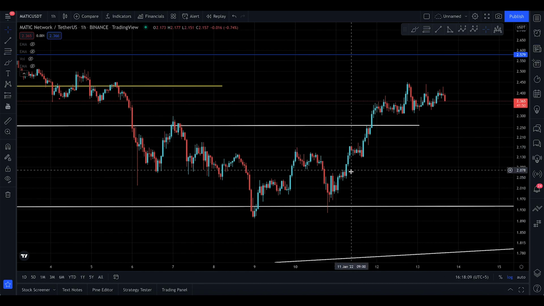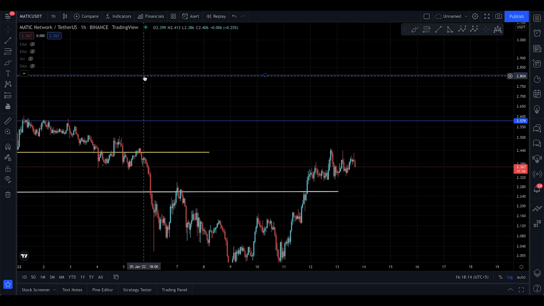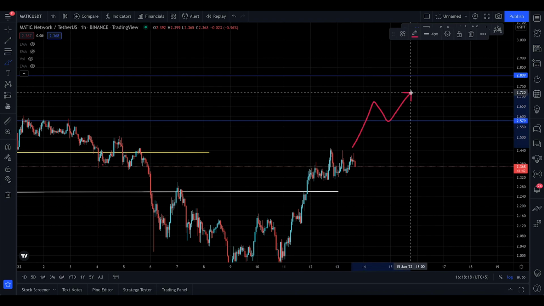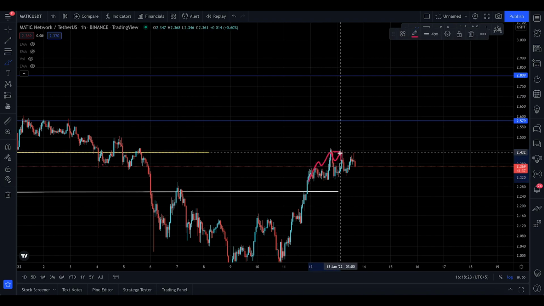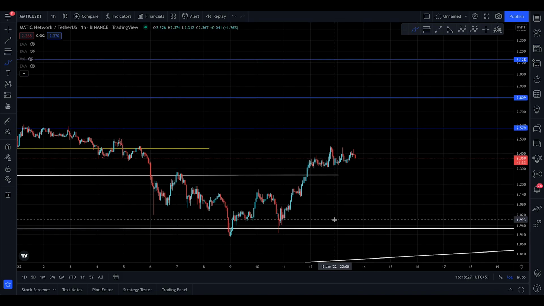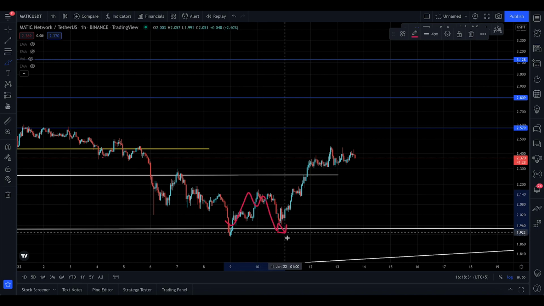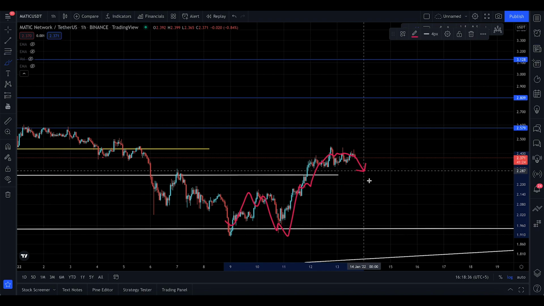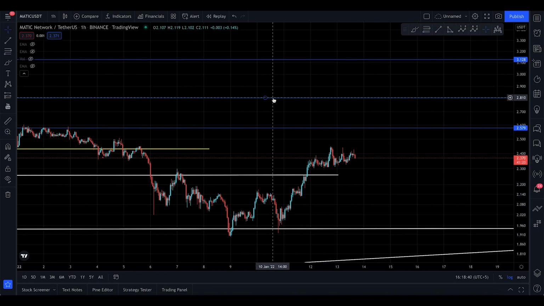Now, the thing is, MATIC, as I said before, in order for me to flip bullish, I want to see MATIC go above this 2.5 backtest and then continue. But so far it seems like there's a distribution going on. This distribution is not a good idea because in the market phase, this was your accumulation, you pumped up, a reaccumulation went up, and this is a very small distribution, so you're looking to go down. That's just what it means after an accumulation phase.